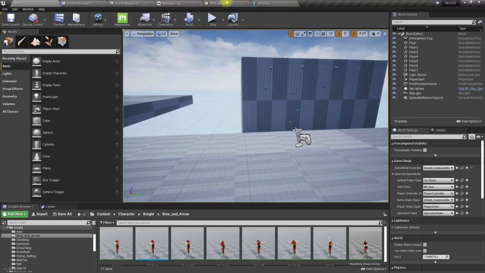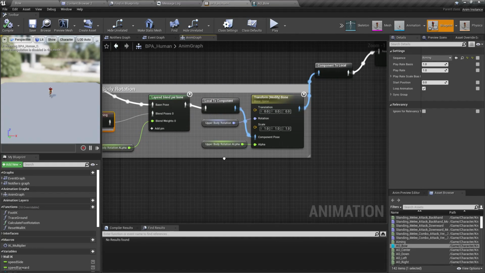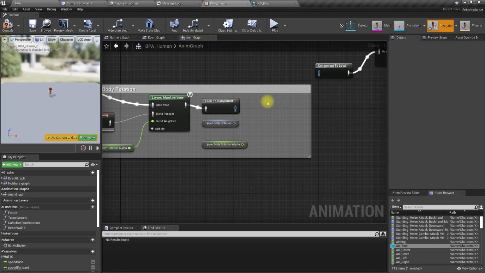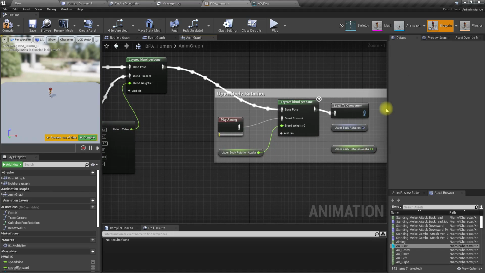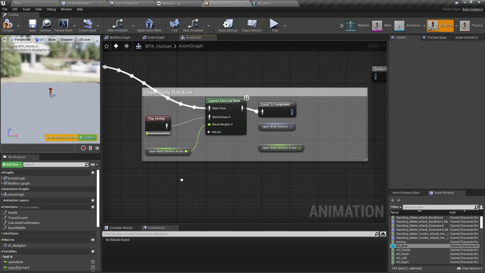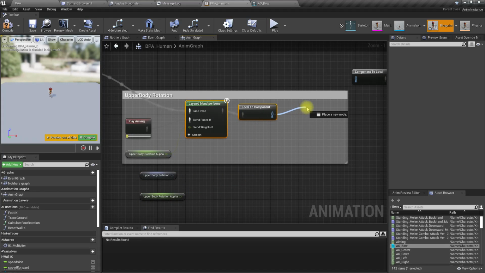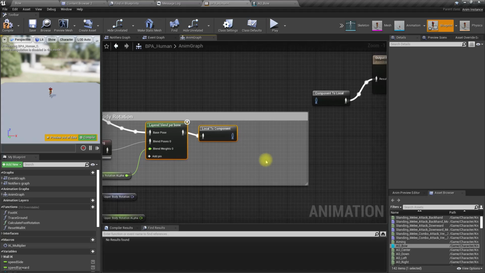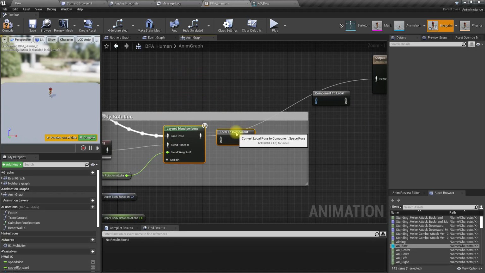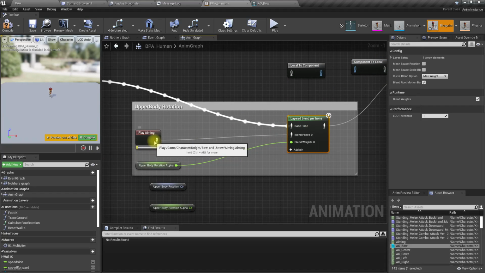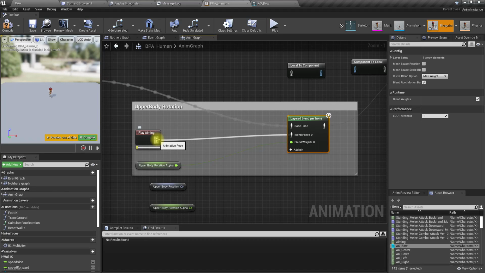Right, so first let me remove this, and where should we apply the aim offset? I think we should apply it after here.